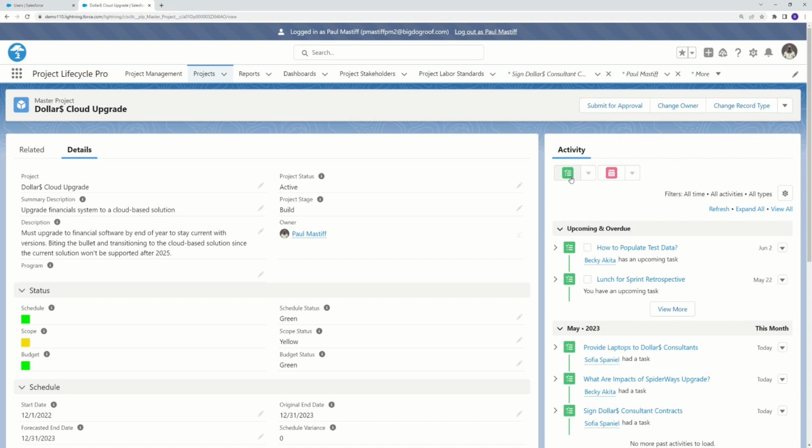activity functionality where we can create tasks and we can create events. Now, when we have an object open, a record open, and we create a task or an event, they'll be automatically associated to that record. So in this case, since we have the project open, they will be associated to the project. Now we've made some slight modifications to the tasks